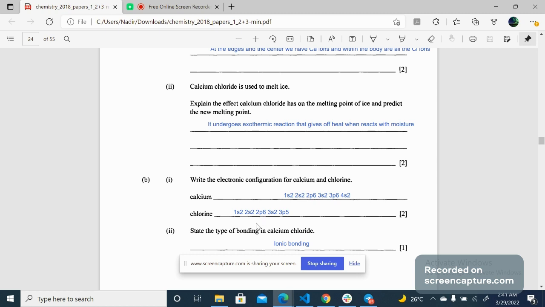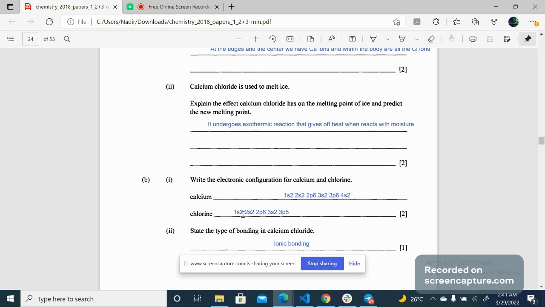Now for chlorine we have 17 total electrons. So this is how we write for chlorine. Again the same thing for chlorine, 1s2 2s2. Also 2p6 is the same as the case with calcium. Then we have again the same thing till here, 3s2. Here we run out of electrons, because by the time we do 3p5, we already have counted 17 electrons for chlorine. So this is how we write the electronic configuration in the case of chlorine.